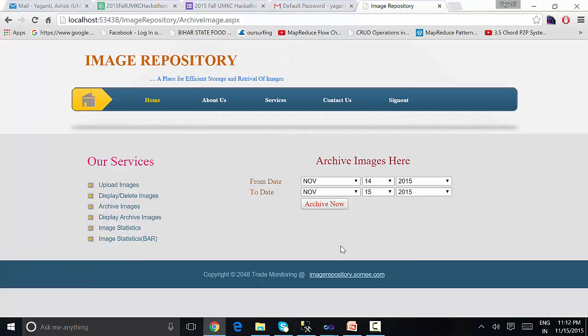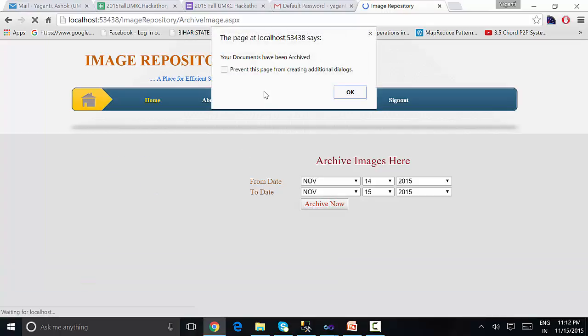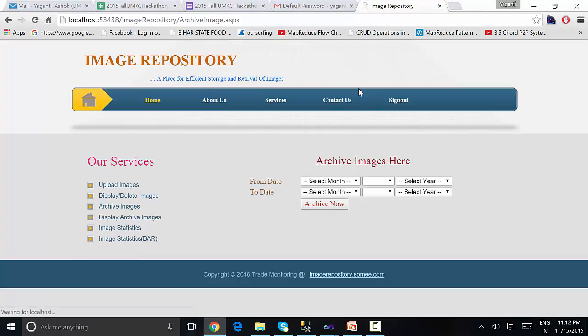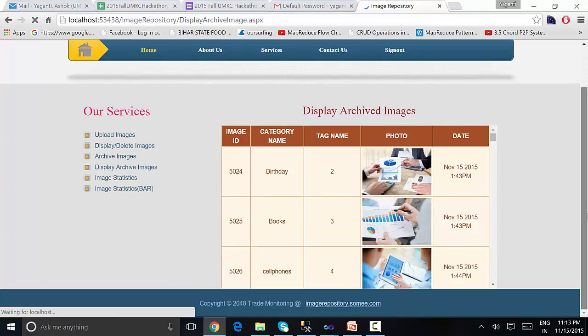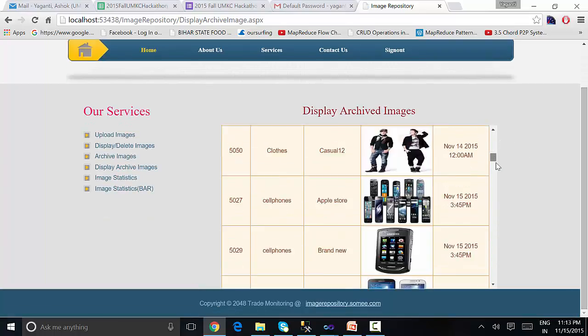So I am going to archive the images from 14th November 2015 to 15th November 2015. Click on archive now. It will display that your documents have been archived. We can check those archived images in display archived images. So these are the archived images.